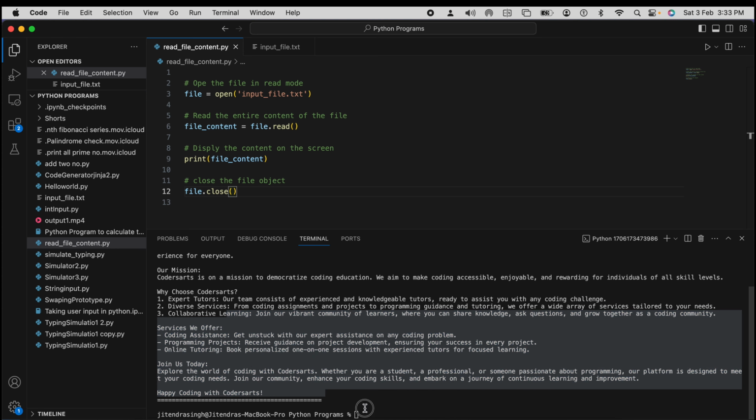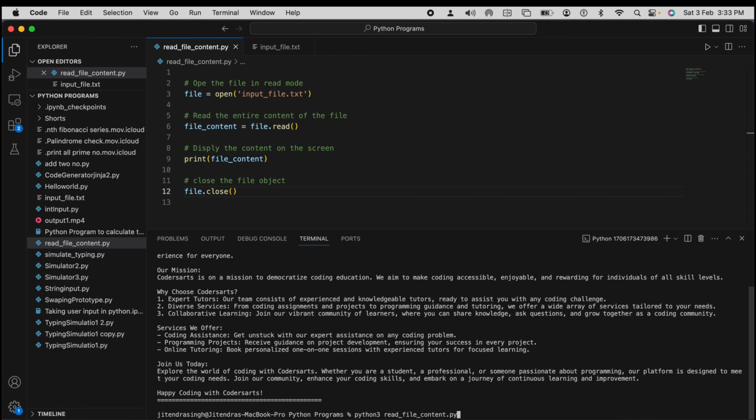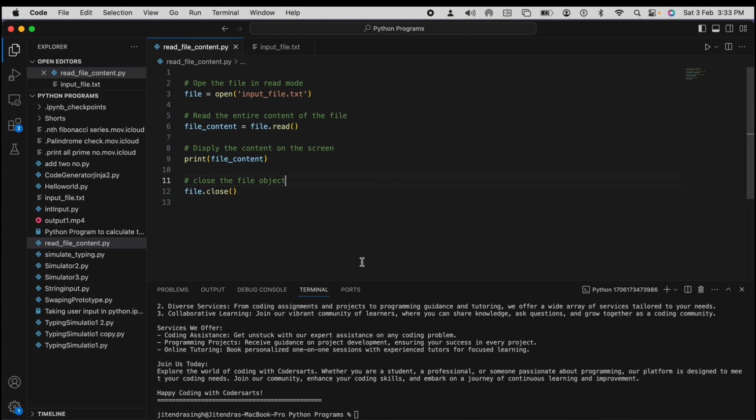So that's why we are using this one. If we are not writing close, it is forcefully closed. But if you are writing close, it will close with normal operations. Also, there is a good practice, because sometimes people forget to write this close. To resolve this, there is one